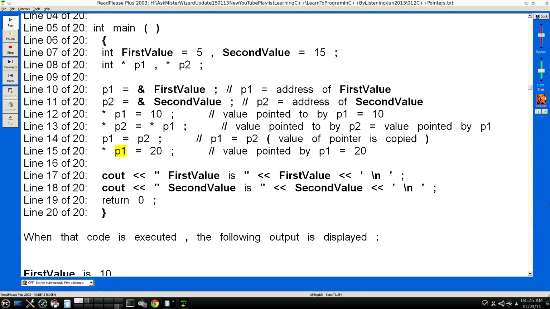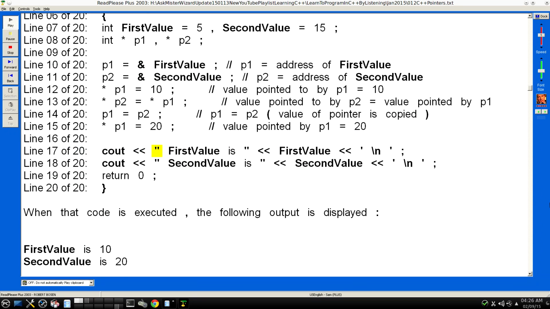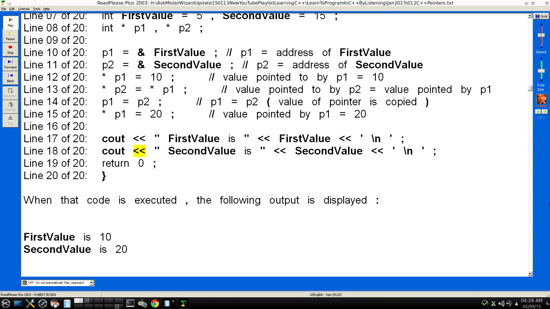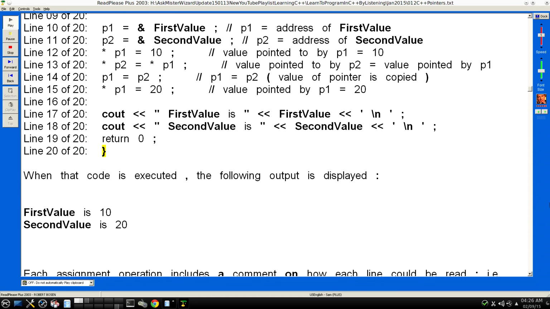Line 15 of 20: *p1 = 20; // value pointed by p1 = 20. Line 16 of 20. Line 17 of 20: cout << "first value is " << firstvalue << '\n'; Line 18 of 20: cout << "second value is " << secondvalue << '\n'; Line 19 of 20: return 0; Line 20 of 20: }